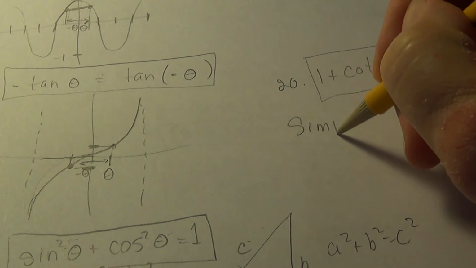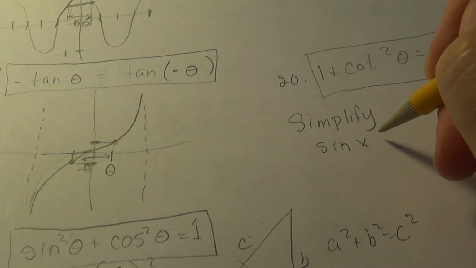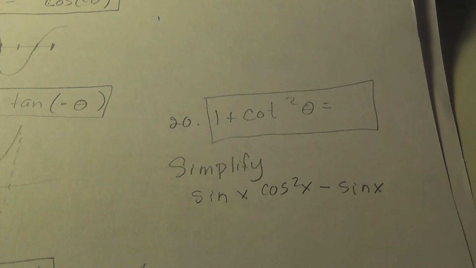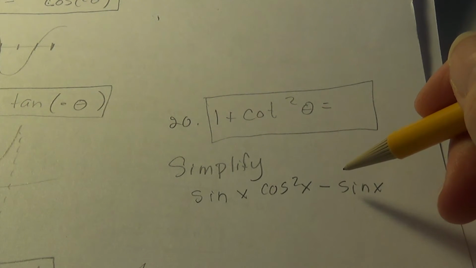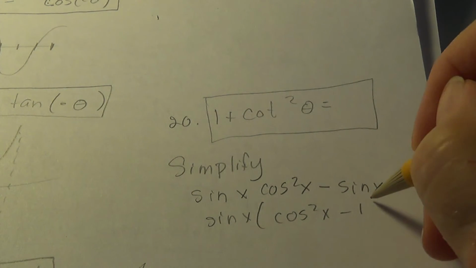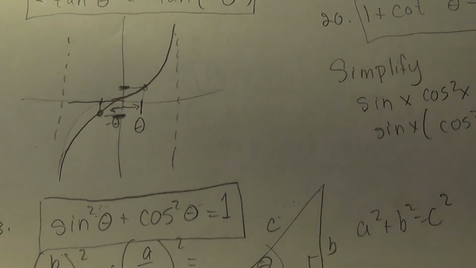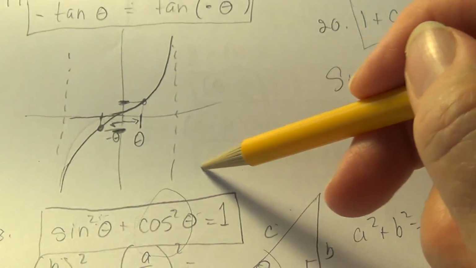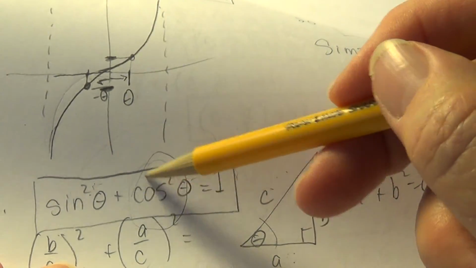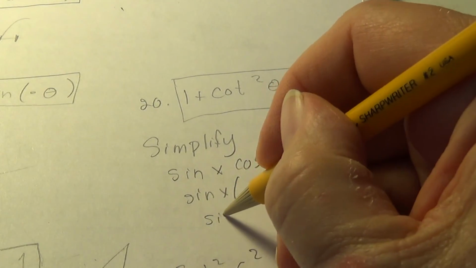to simplify expressions by substituting these trig IDs in and using factoring usually. So I'll take an expression like this, and the command will be simplify. So when you're asked to simplify this, I don't see any trig IDs from the big 20 that we did, but if I factor out a sine x, I do see one. So cosine squared minus 1 is just another version of this one. Because if I move cosine squared by itself, sine squared would come over here and be 1 minus sine squared. And cosine squared, if I keep it by itself, I keep sine squared by itself, 1 minus cosine squared equals sine squared. So I can substitute sine squared in here